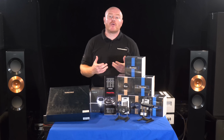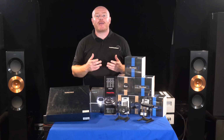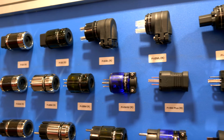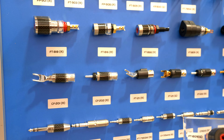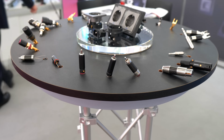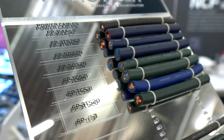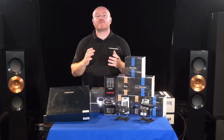Now, Furutech, I'm sure, is a company most people are familiar with. You're either familiar with them because of all the different types of connectors that they make, whether it be power-orientated plugs, IEC connectors or similar, or speaker terminals or speaker binding posts, or maybe because of their vinyl based products, their demagnetizers or their destat products, or the vinyl brushes and stuff that they make. But Furutech is a company across the world,